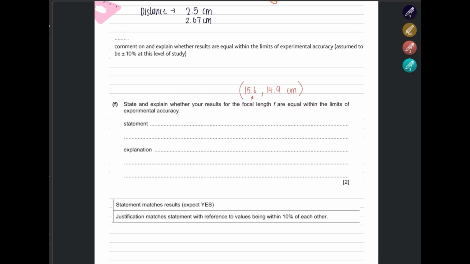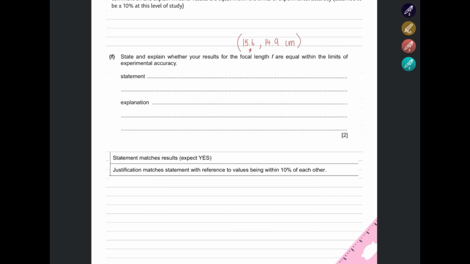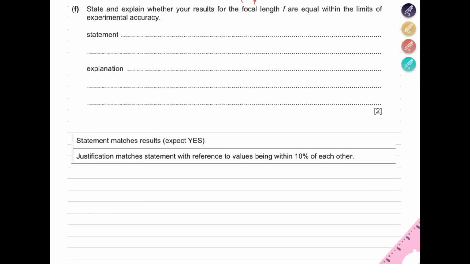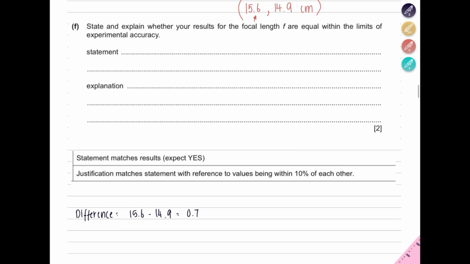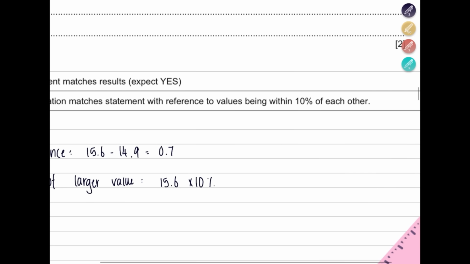So in this paper, they calculated the two focal lengths, which were 15.6 and 14.9. Let's calculate, are they within 10% of each other? There are different ways to calculate that. One way is to find the difference between the two, 0.7. Then find 10% of the larger value, and we get